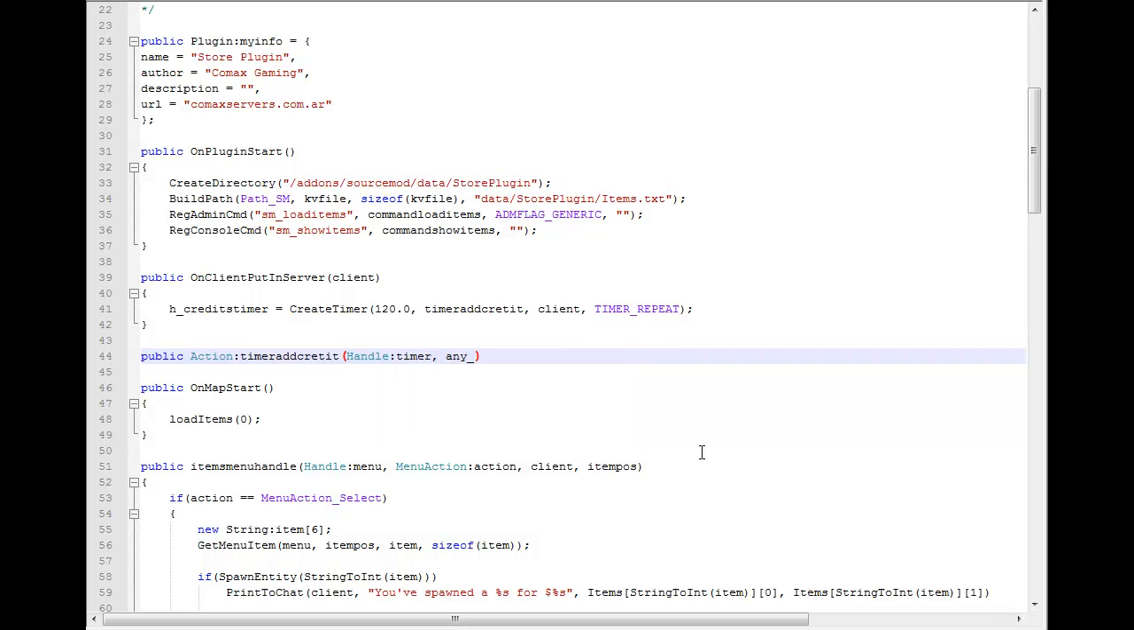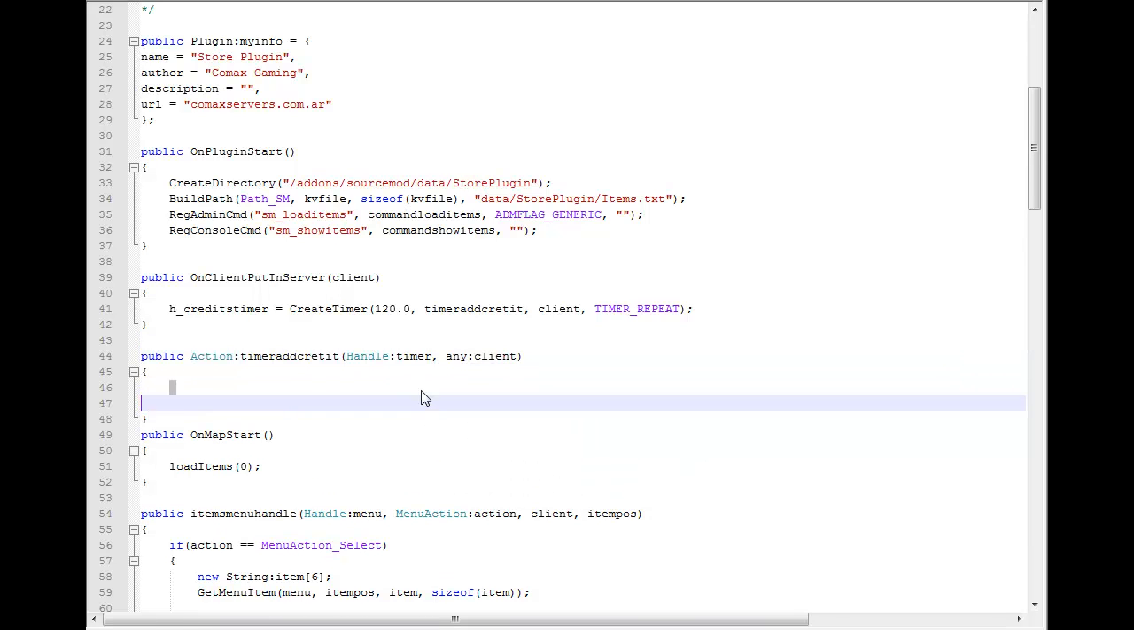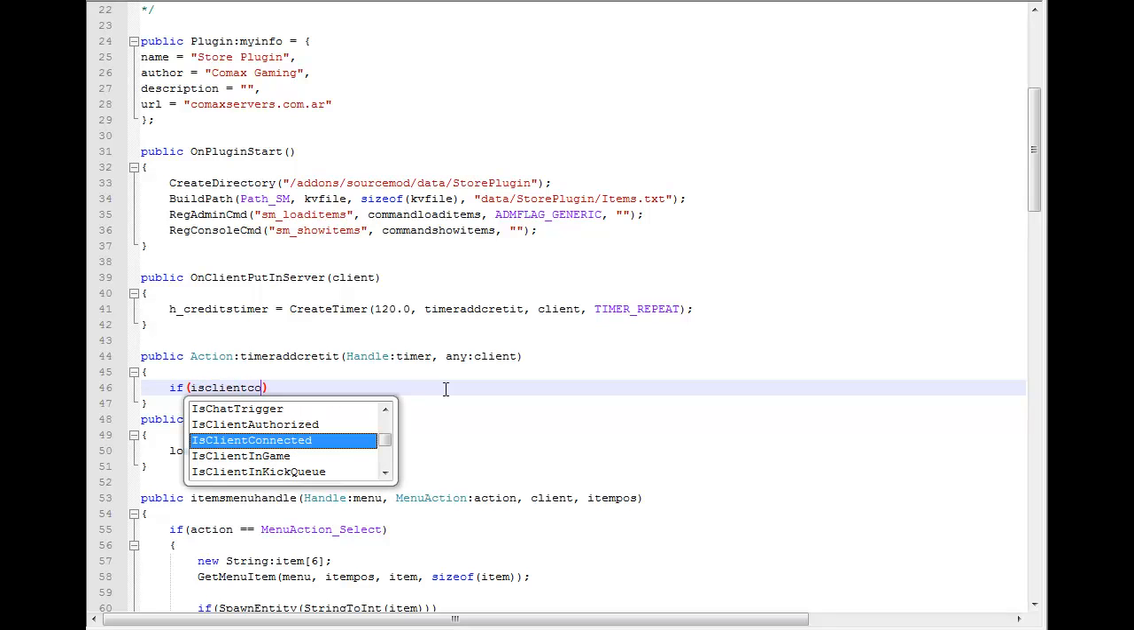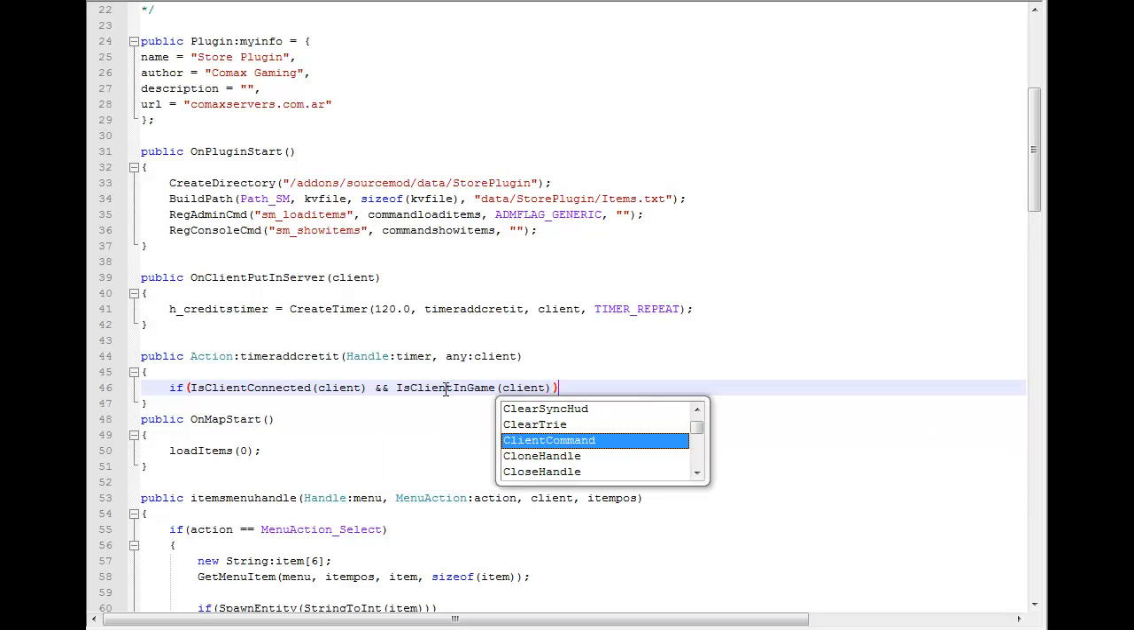Same thing we do always for our timers. Nothing new here. So, if client is connected, and client is in game, then we want to